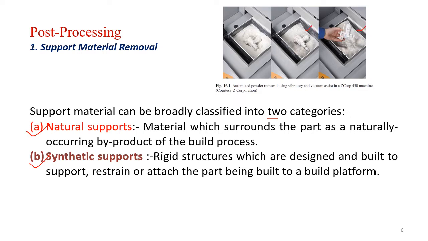So here you can already see the parts are getting removed from their surrounding. The processes which provide natural supports are primarily like the powder bed or a sheet mesh. So they have to be removed. The material which surrounds the part is naturally from its own material, from which the product is going to be built. That support itself we call natural supports. They are the byproduct of the build process only.